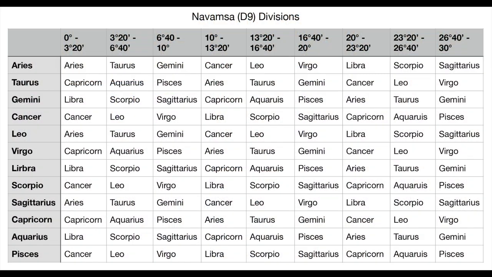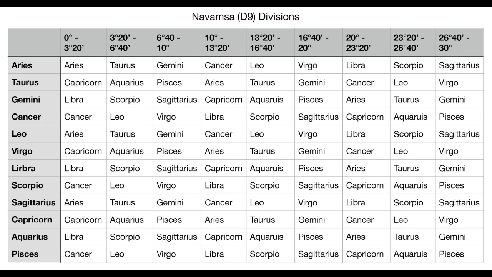So first of all, how do we find the Svamsa sign? Do you have a Svamsa in Libra? It's very easy to find the Svamsa. You just find the planet with the highest degrees in your natal chart. That's called your Atmakaraka planet. And then find out where that planet falls in the Navamsa chart, or the ninth divisional chart. I put a graph in the description of this video that you can easily use.